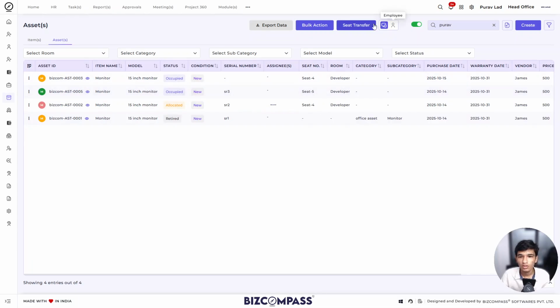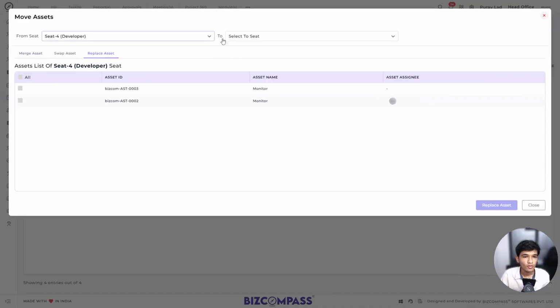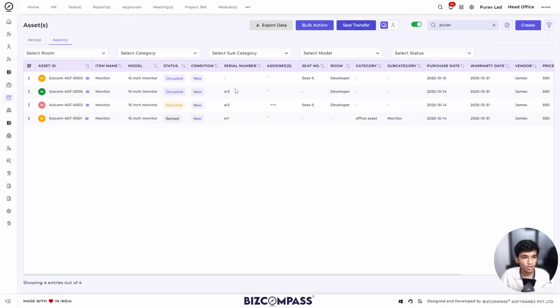Okay, then the other one which is replace. So from seed 4 to seed 5. Okay, let's just replace it. So now the seed 4 assets are replaced by the seed 5 assets. Okay,